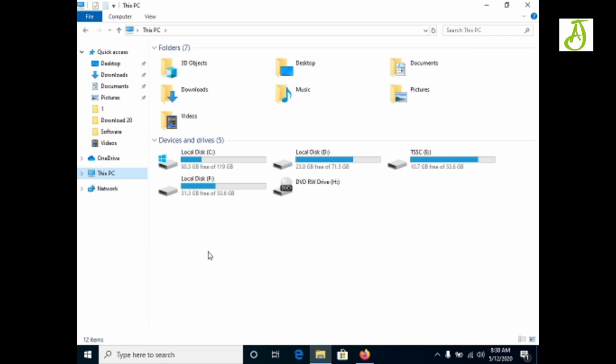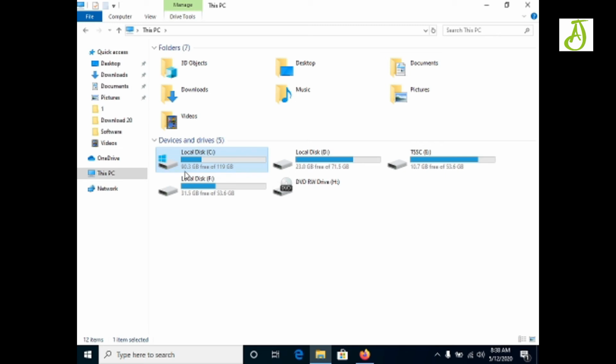Now, the drives have two colors, a blue color and a light gray color. The blue color shows how much of the hard disk is full, in the C drive, and the off-white part shows that this part is empty.